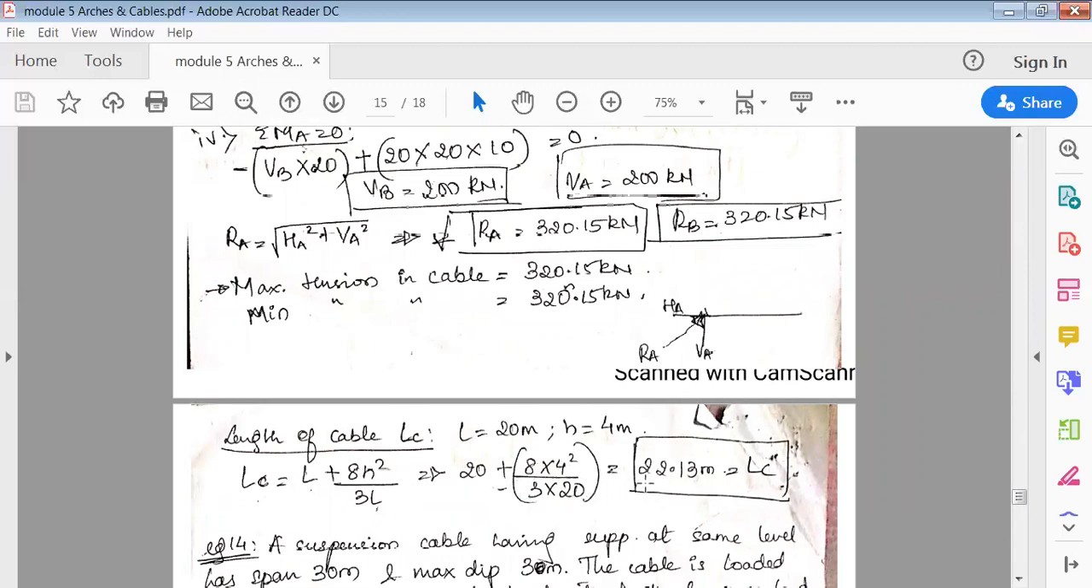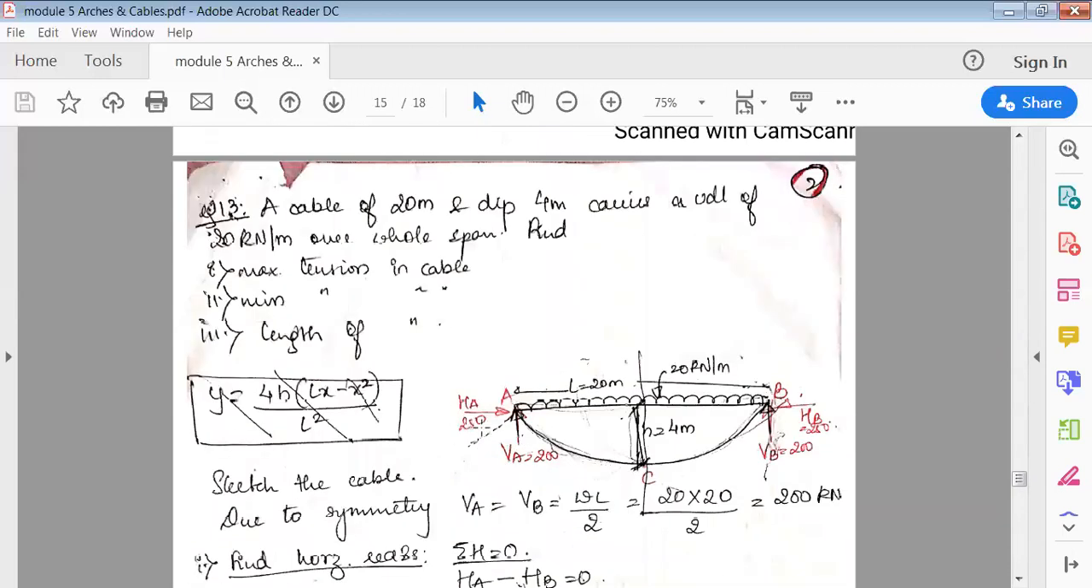So LC is 22.13. Now the difference between L and LC is, you can see here, A to B, the straight length is L, whereas LC is this curved portion, to maintain this dip of 4 and connect this A and B. This is LC. So the total length is 20